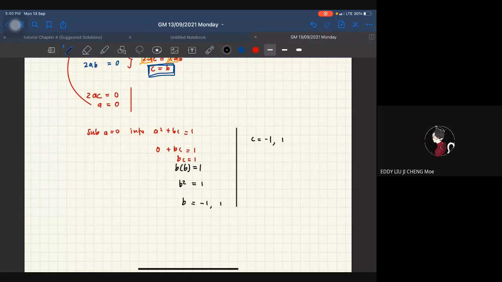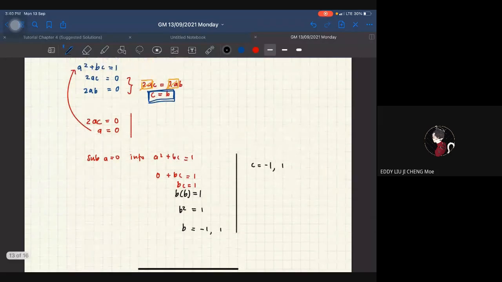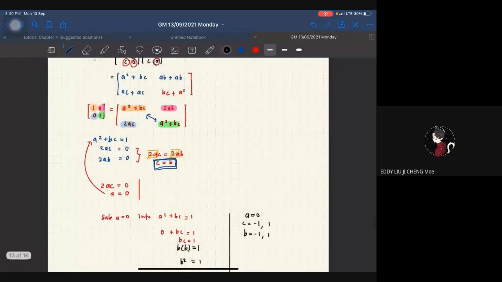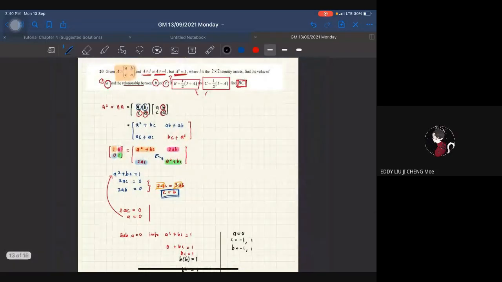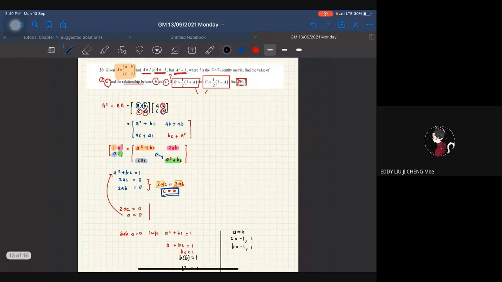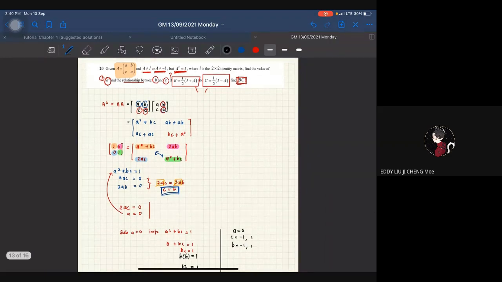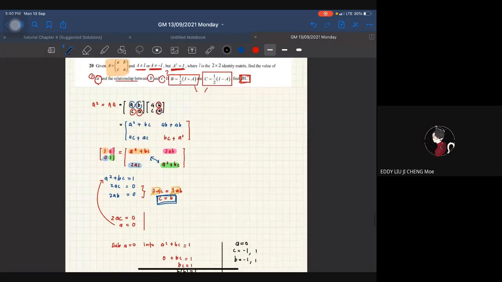Okay, so dah dapat tiga-tiga nilai. So tadi A sama dengan kosong. Okay, and then B sama dengan -1 ataupun 1. So maksudnya A kita kosong. Betul ke jawapan dia A sama dengan kosong? Betul. Okay. So kiranya settle dah cari nilai A. Okay, saya faham. Alright, and then